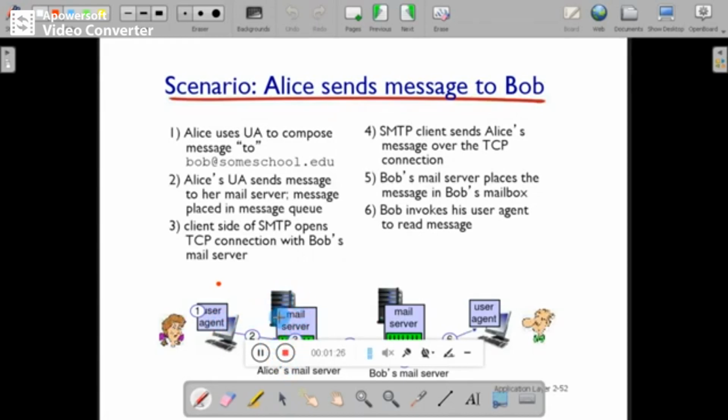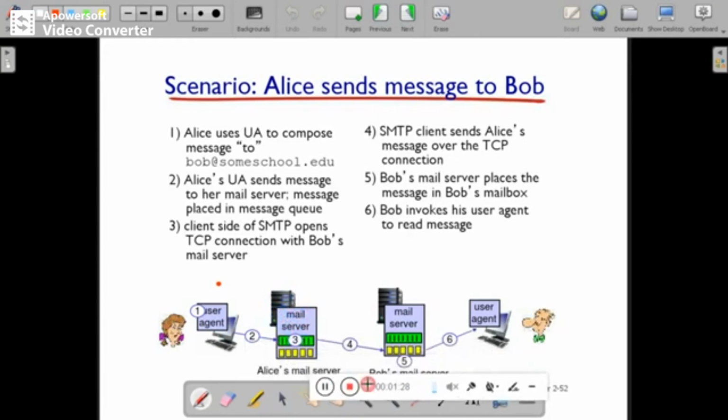From this mail server, that message is forwarded to the recipient mail server by using the protocol SMTP. Once it reaches the recipient mail server, the message will be stored in the particular user's mailbox.